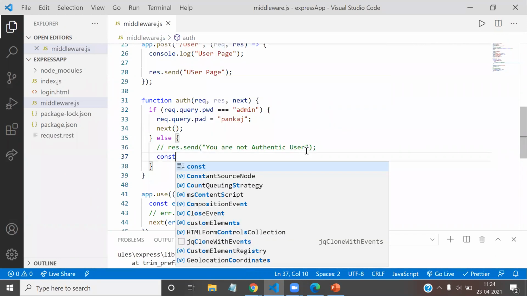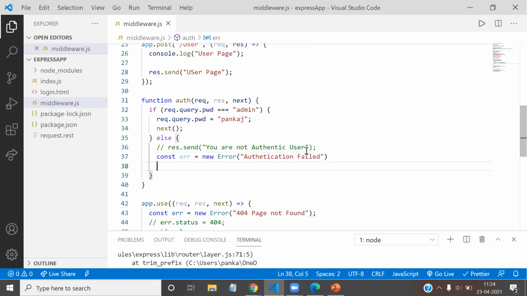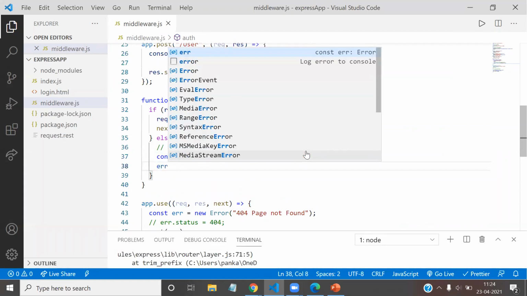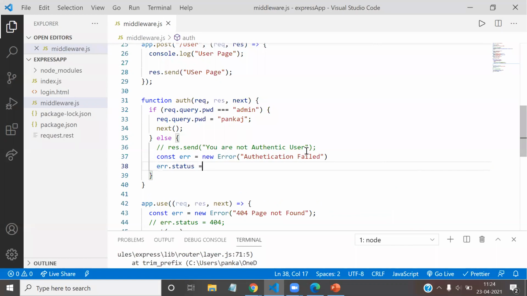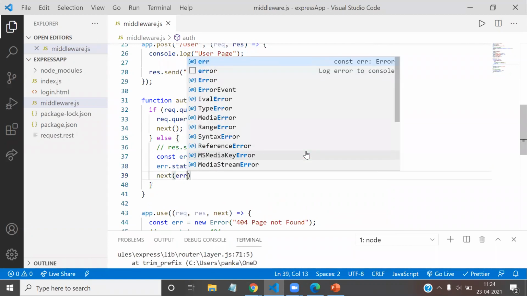We will create a const, a new error object, and here you can say authentication failed. Here we can set the status code, error.status, to 403, and at the same time we will send the error to the error handler.